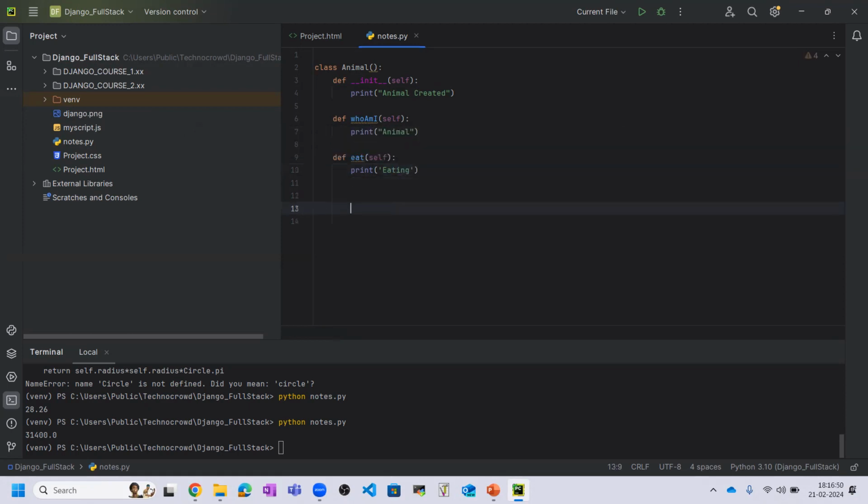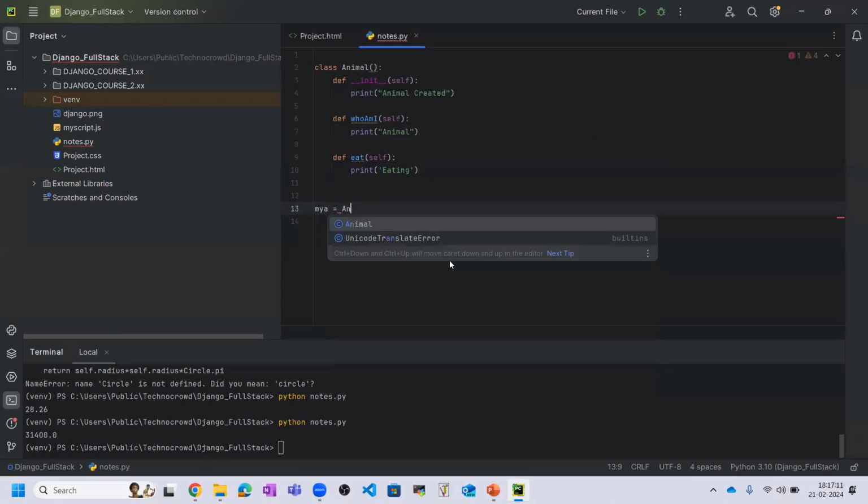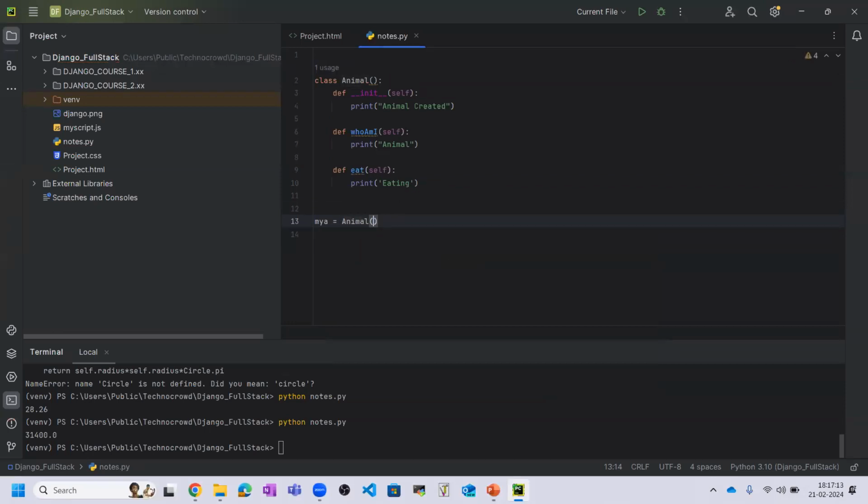Now we have completed our class. Inside this we have written some functions. So at the last, what is the thing that is remaining? We need to make the object. So I am making the object my_a, and that will call the class Animal. Basically, I am creating the object for class Animal,